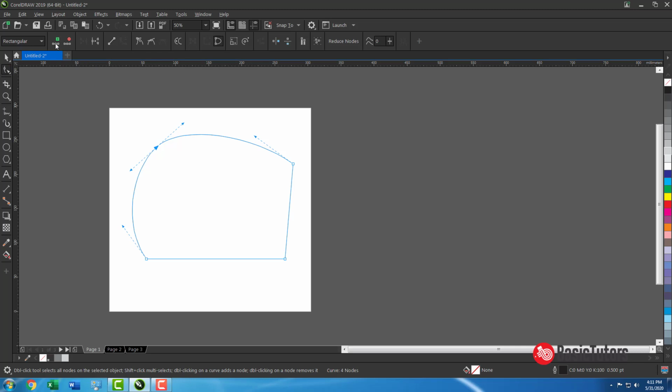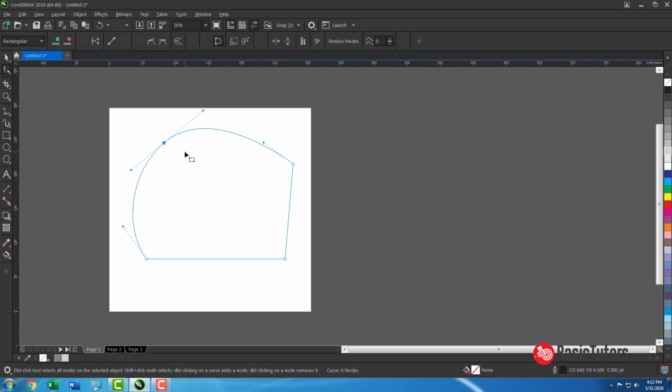Also, these things are called adding nodes. For example, if I click and add node, automatically a node will be added. Also, the same will be deleted from here, and a node will be broken. The curve will be broken with this. If you break now, you will see these things will be apart from one another. If you want to bring these closer, to join two nodes, this is a command. And then reverse direction.